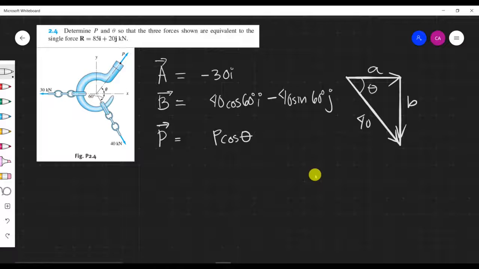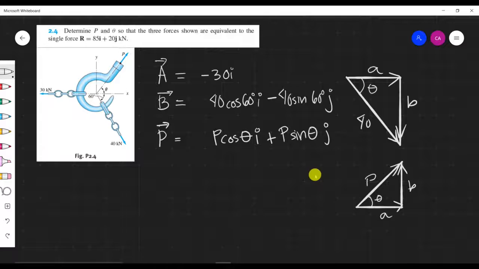cosine theta. Bakit cosine theta? Pag dinrawing natin yung vector, ganito siya. So, this is A, B. So, this is theta. Kailangan kumanan, pataas, para yung vector P ay makuha natin. Alright, so meron tayong i plus P sine theta,